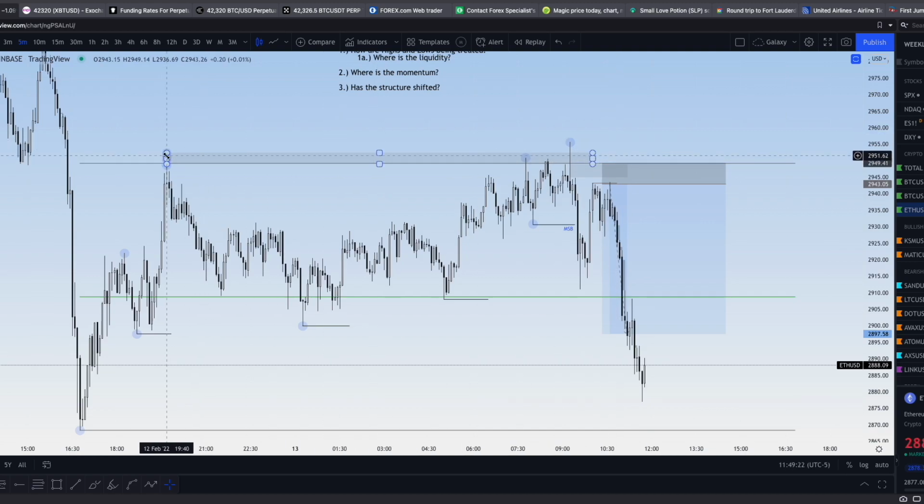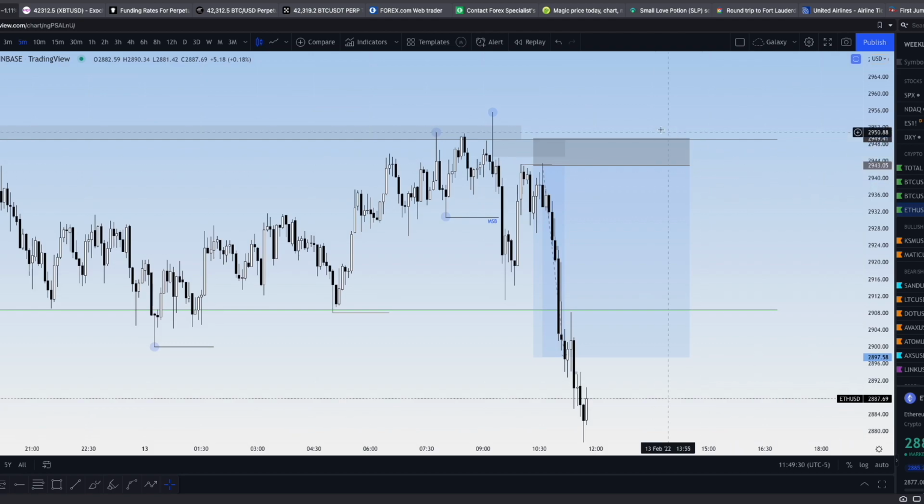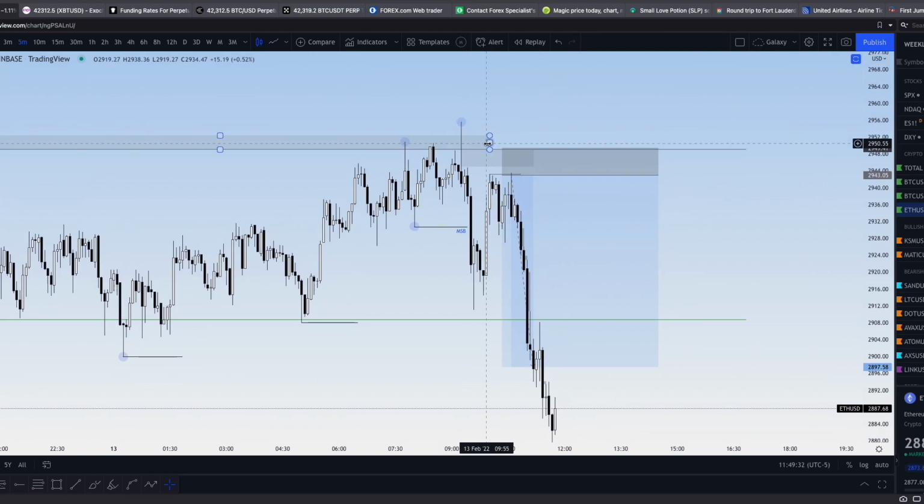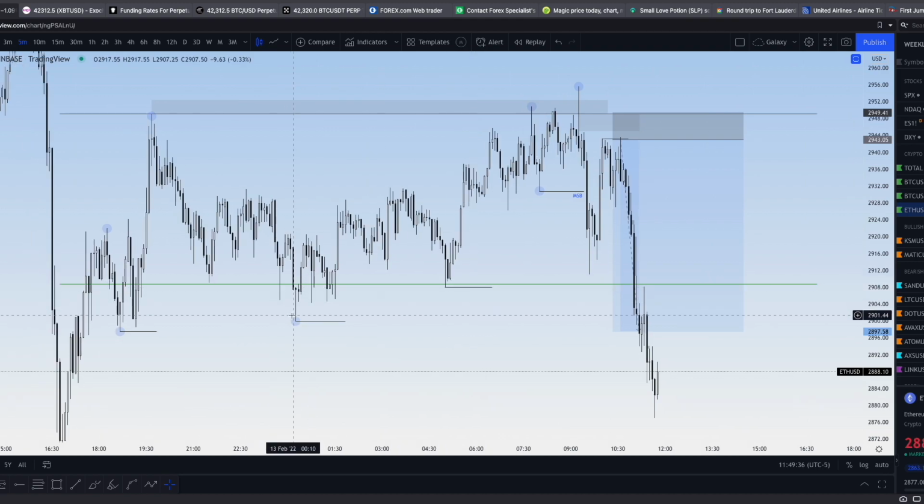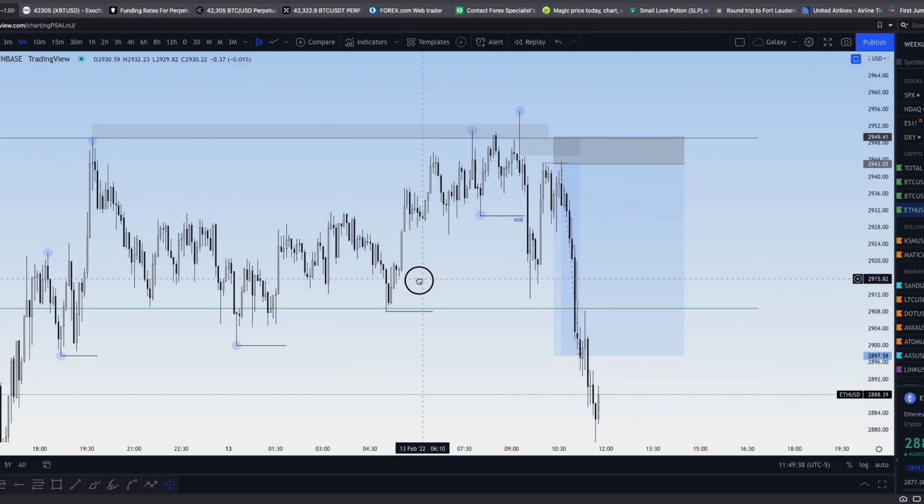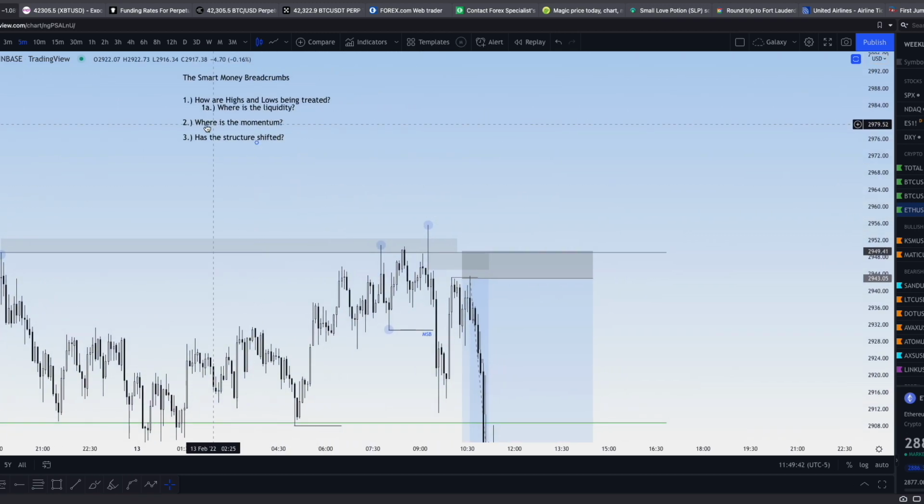So we have the two areas of interest now. We have this range high, which is also where there's probably some short stop losses, some breakout traders. And then we also have all these lows that are just left untapped. And once you have those two areas in mind, then you can start looking for where is the momentum within